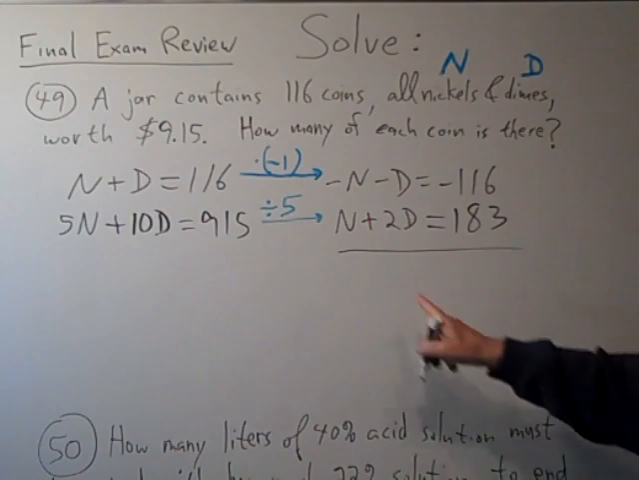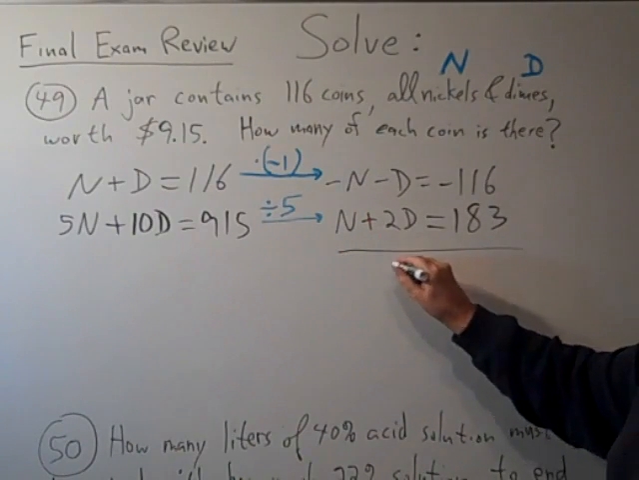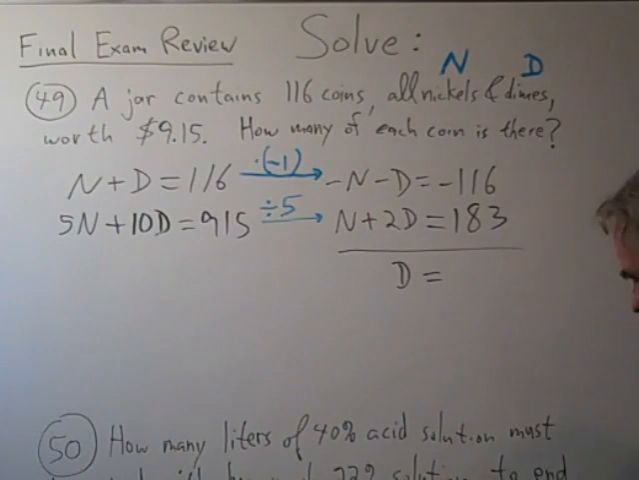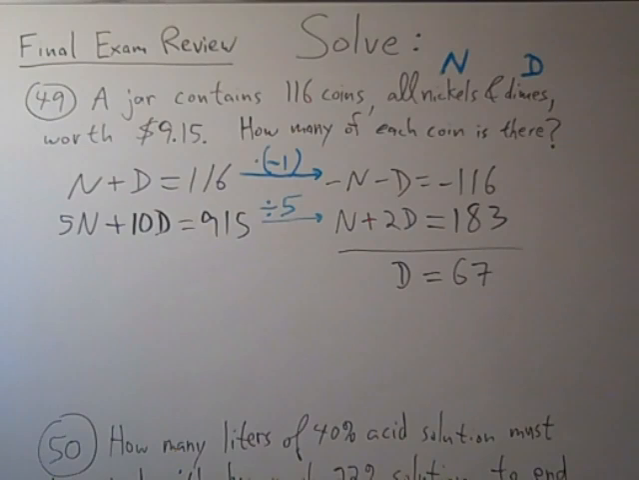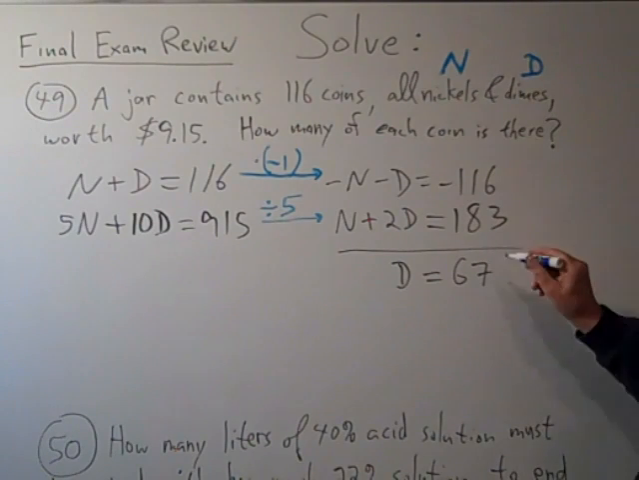Adding these equations, the n's cancel out. 2d minus d is just d. And 183 minus 116 is 67. So there are 67 dimes. Now to find how many nickels,